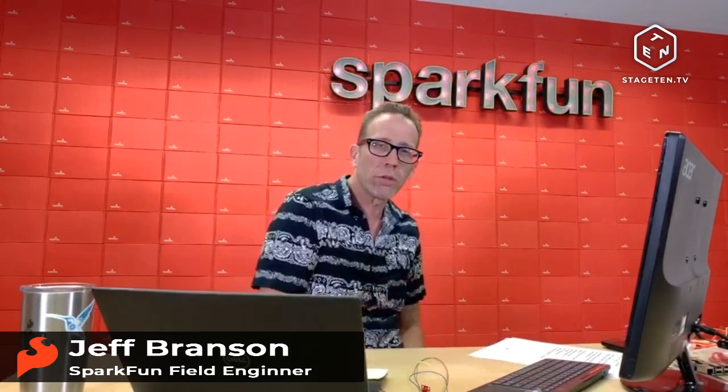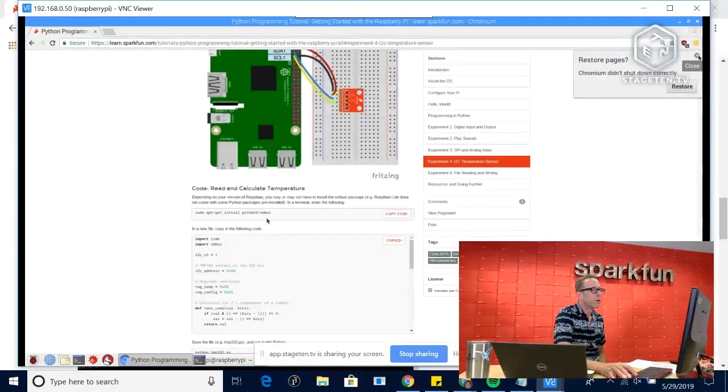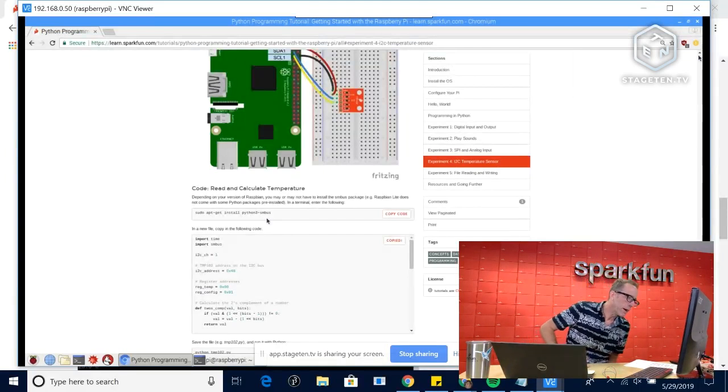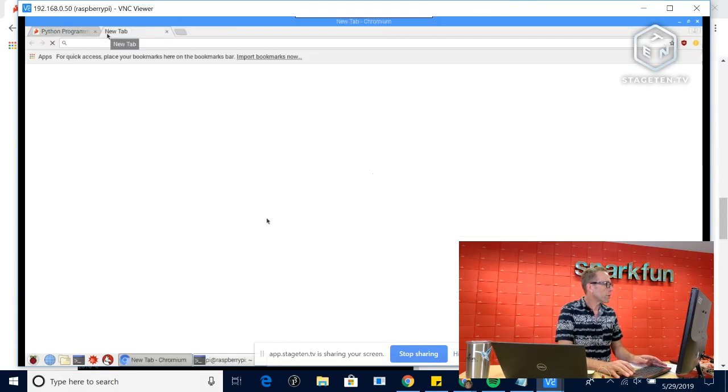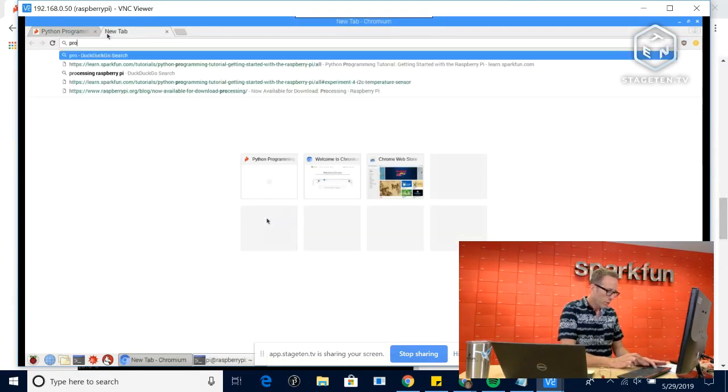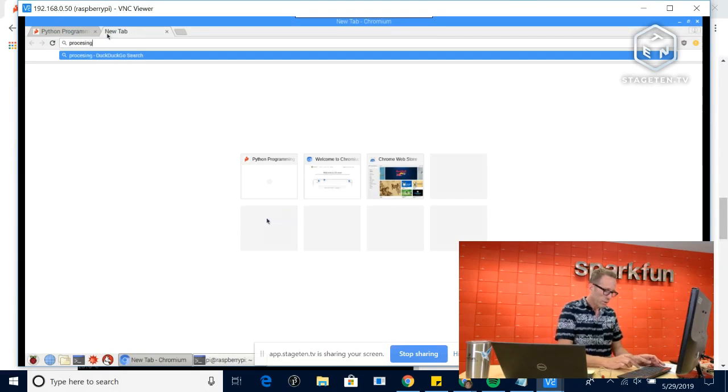So what I want to do is move on to processing. So I'm going to close out Python. Thank you, Python. I want to talk a little bit about the implementation of processing for the Raspberry Pi, because it's a really interesting build. And if I just put in processing Raspberry Pi and I hit enter,